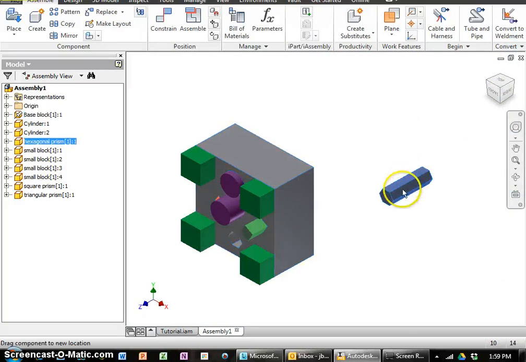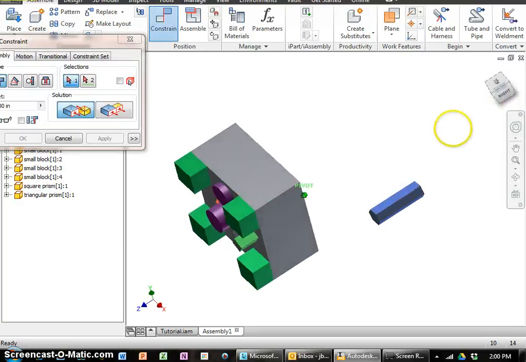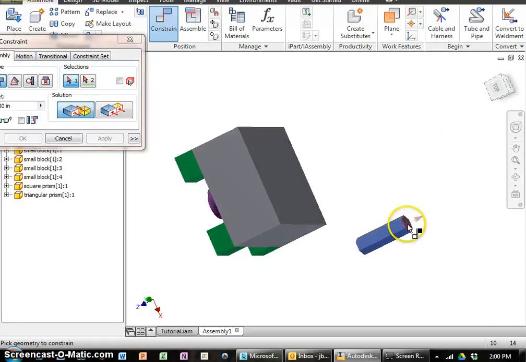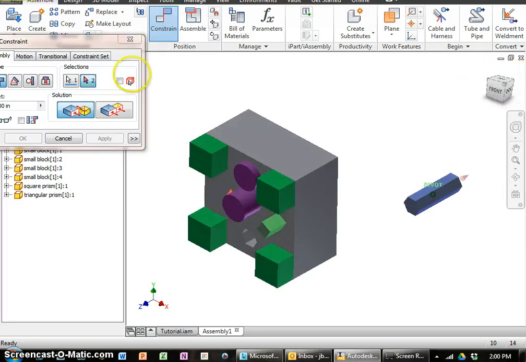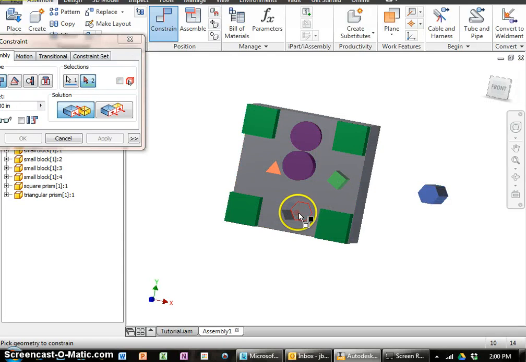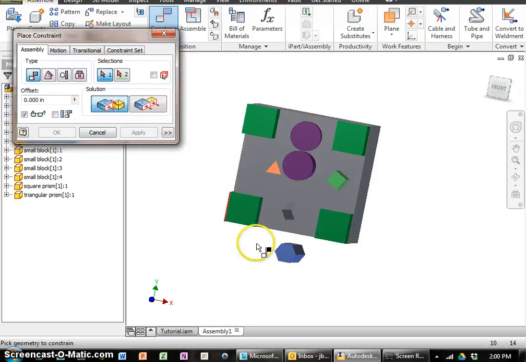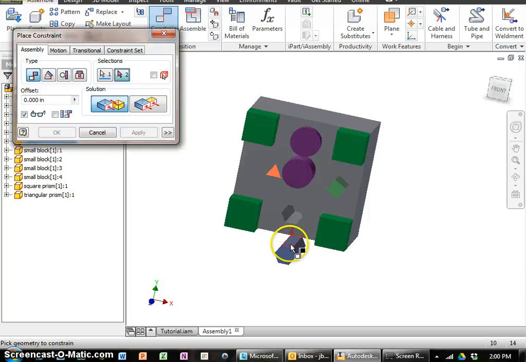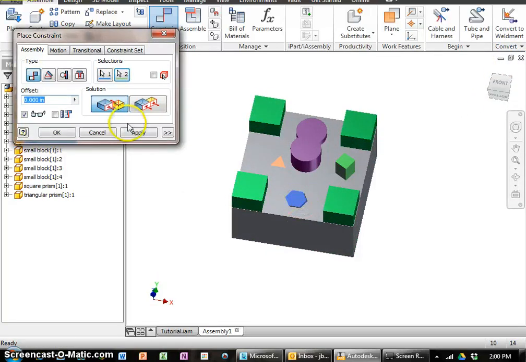And then our last piece is the hex prism. I'm going to go to constraint, roll it around the back side, choose the bottom of the peg, and use the zoom cube to find the bottom of the hole. Hit apply, move it out of the hole, go to constraint, choose the top of the peg and the matching side on the hole. Hit apply,